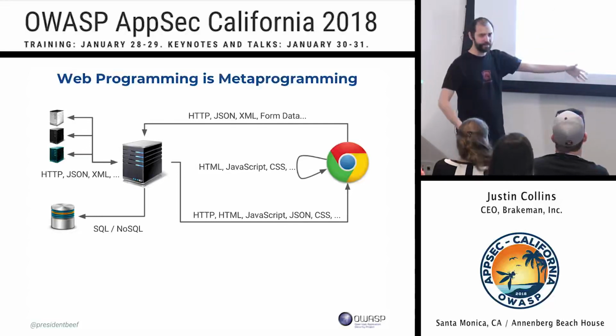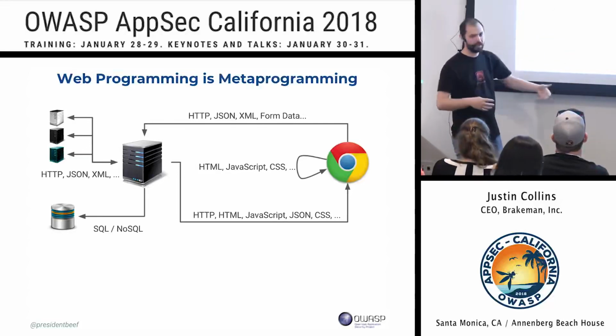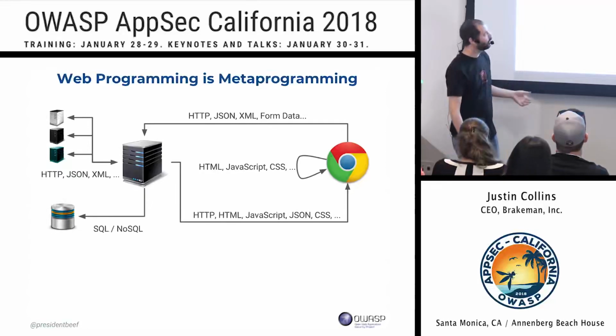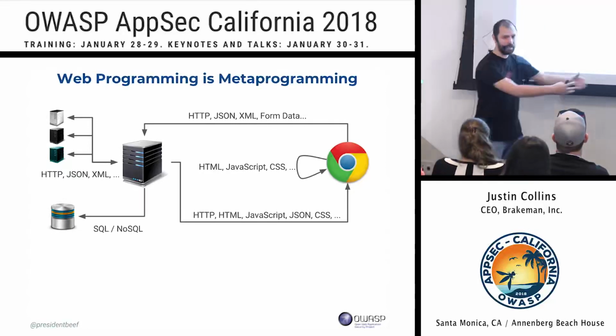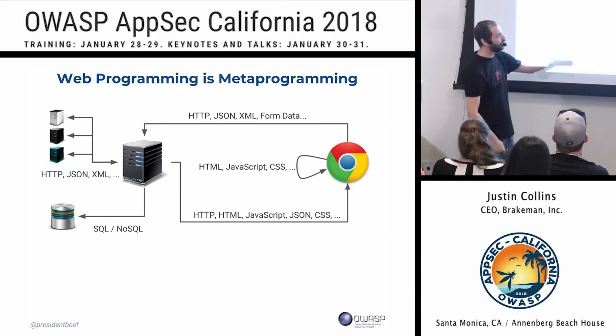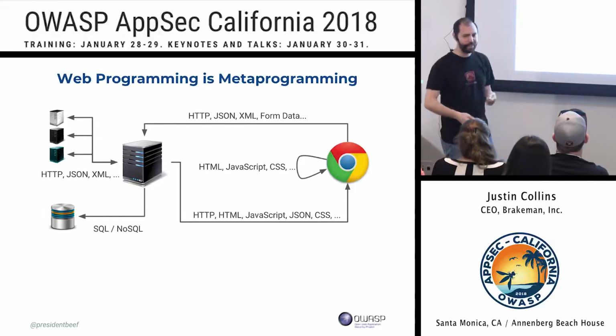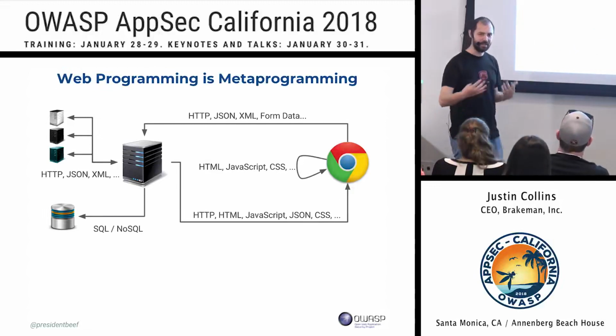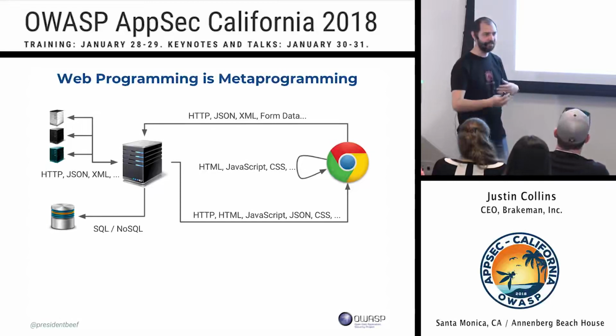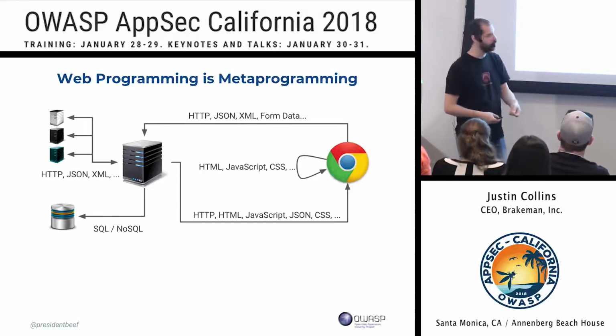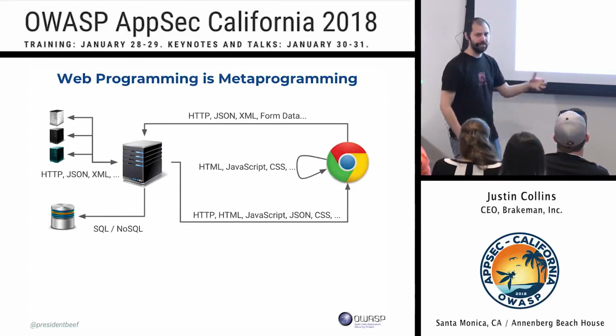And you're probably going to have HTML and JavaScript and maybe some JSON and CSS. So it's essentially taking this and generating code. And that code's going to be interpreted. Actually, it's interpreted in the browser. There's also things along the way, right? There's the web server itself. There may be networking devices along the way, all of that. And then you have the browser itself. And in the browser, you may also have JavaScript that generates HTML and CSS, and maybe it's even generating other JavaScript that it then interprets. So there's a lot of code generation happening here.